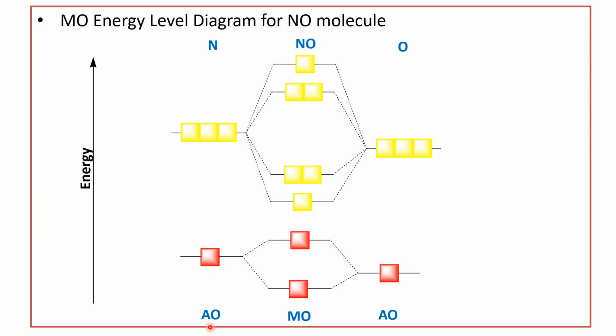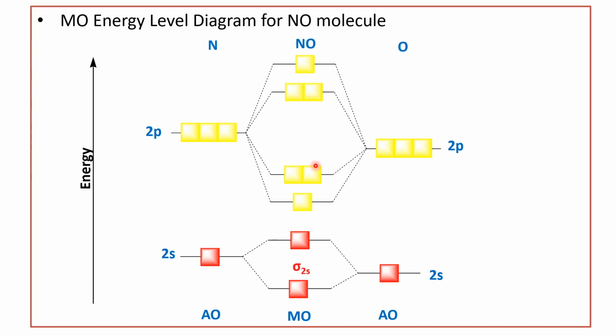For the nitrogen atom, the atomic orbitals are the 2s and the 2p. Whereas for the oxygen atom, the atomic orbitals are also the 2s and the 2p. Both are the same. The 2s are lower and the 2p are upper. Then, as the oxygen atom is more electronegative than the nitrogen atom, the more electronegative atom contributes more to the formation of the bonding. That means its position is nearer to the bonding molecular orbitals. Whereas the nitrogen atom is less electronegative, that means it contributes more to the formation of the anti-bonding MO. That means its position is shifted somewhat to the upper side.